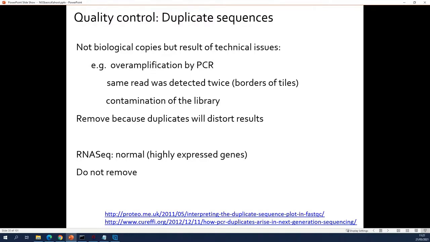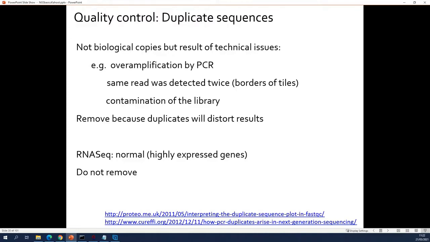So in RNA-seq, you do counting. Yeah, you know that. If you want to know the expression level, you have to count. But for RNA-seq, it's the only exception. Duplicates very often are biological. Because for RNA-seq, what are you going to sequence? You're going to sequence your messenger RNA. And your messenger RNA contains transcripts of housekeeping genes, like actin, and tubulin. Now, these genes are expressed in immense quantities. So you will have thousands and thousands and thousands of transcripts for actin in your messenger RNA.